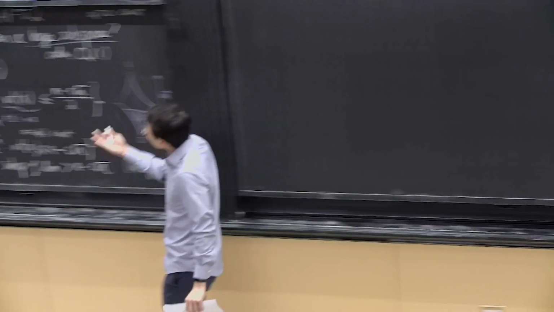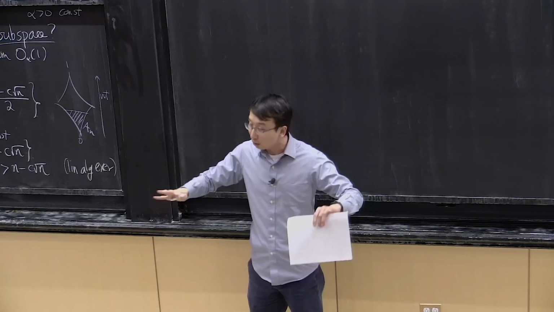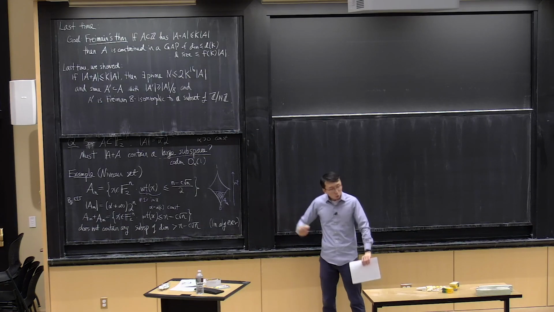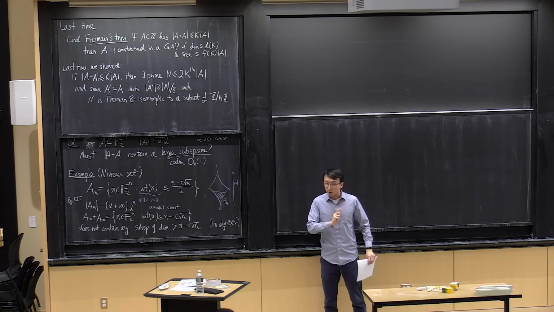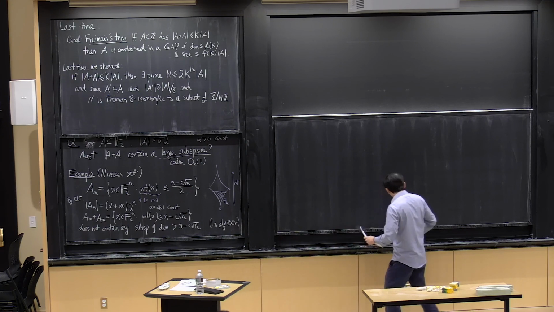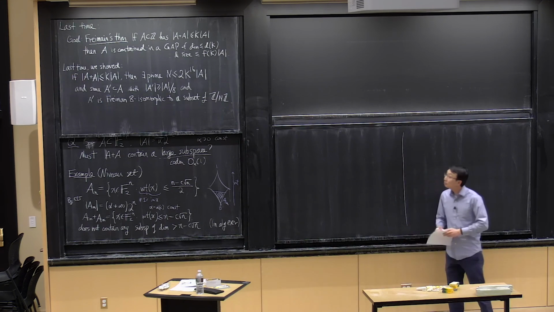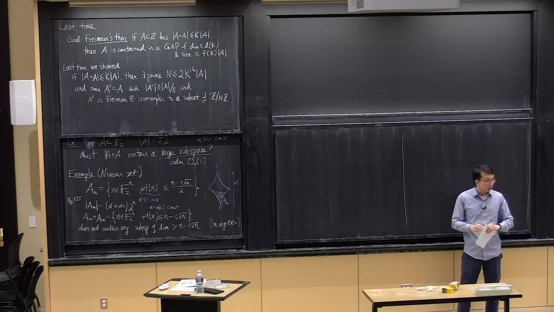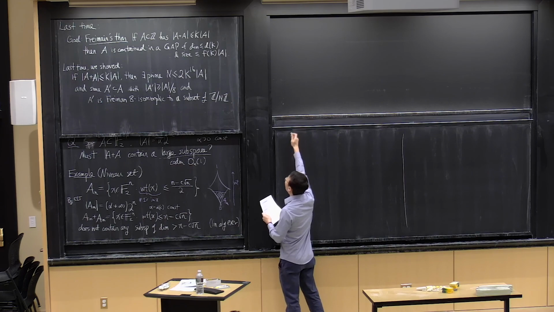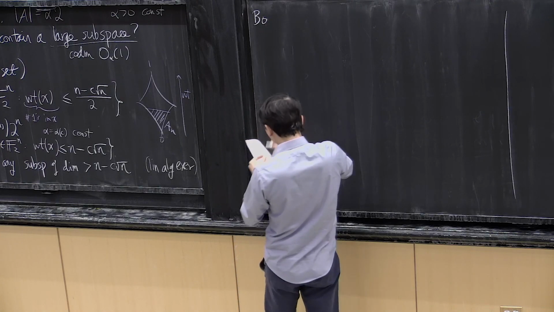So even though the philosophy is roughly right, that if you start with a set A and you add it to itself, it smooths out the set. It should contain, we expect it to contain some large structure. It's not quite true. But what turns out to be true, and this is the first result that we'll show today, is that if you add A to itself a few more times, then indeed you can get large subspaces. And this is an important step in the proof of Freiman's theorem. And this step is known as Bogolyubov's lemma.